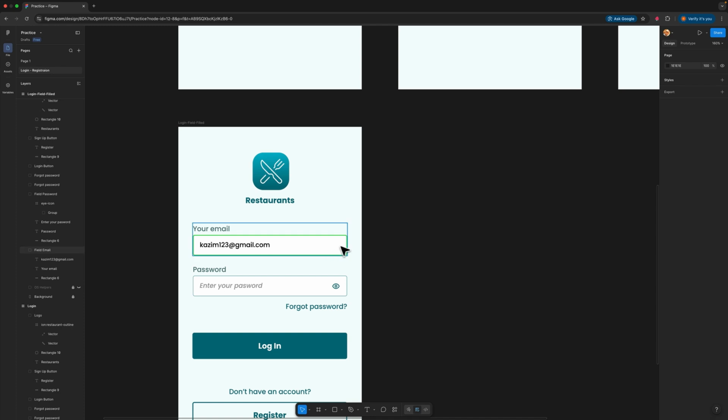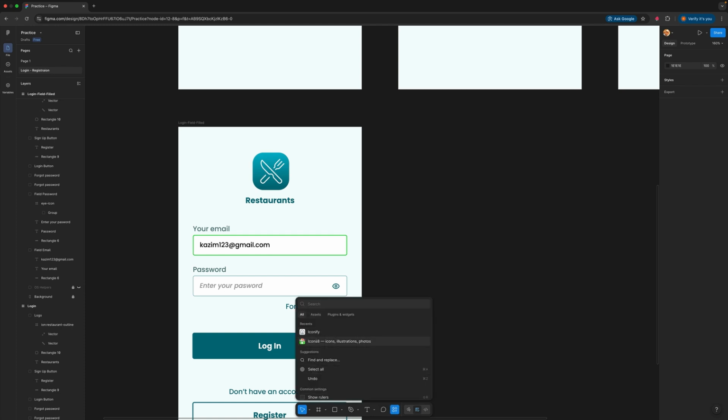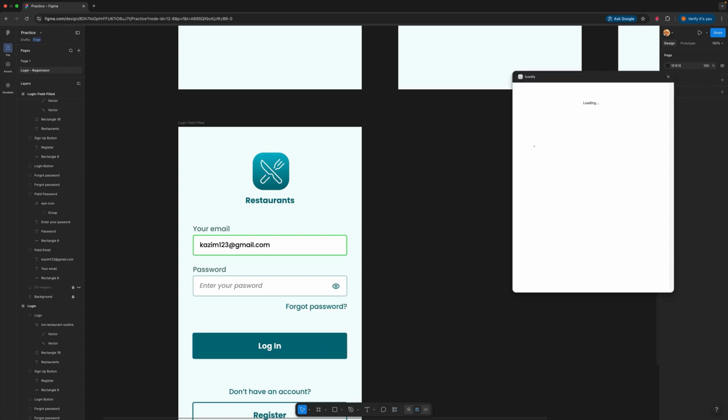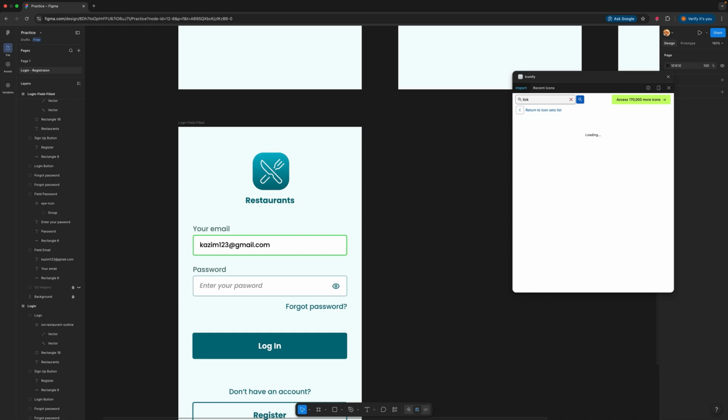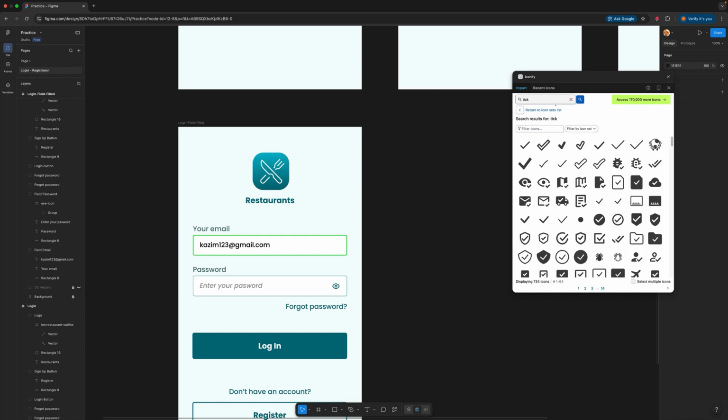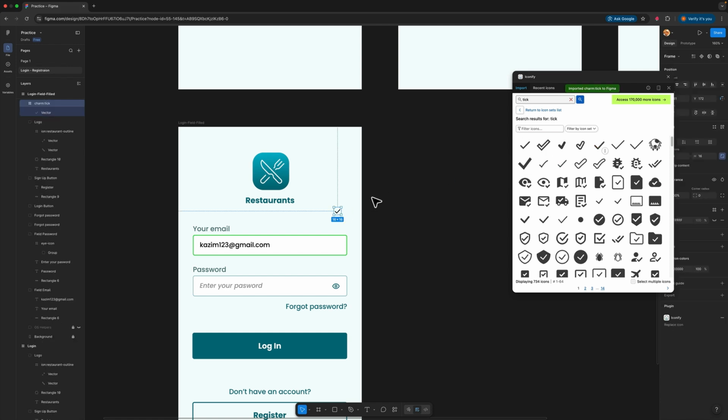And also you can add a checkbox here. So come up to the plugins menu on the bottom under the actions menu, go again to the Iconify tool and click on tick. Just type tick, and you can just click and drag this checkbox over here, and you can place it over here. And you can also change the color of this tick to green